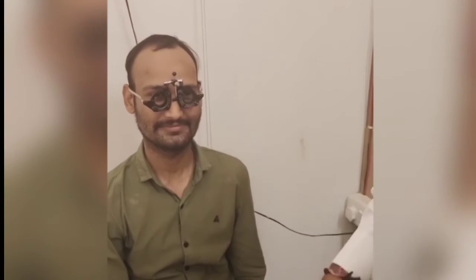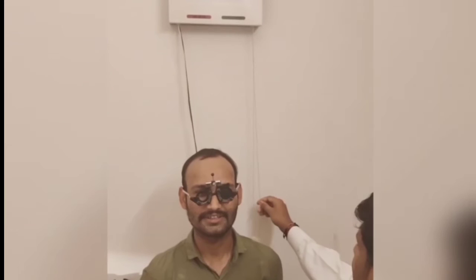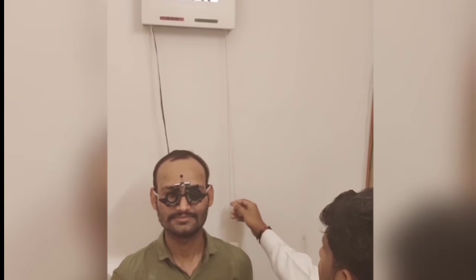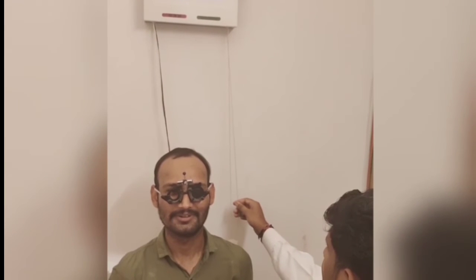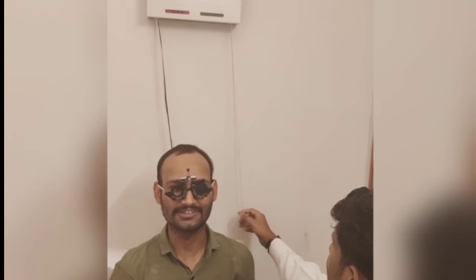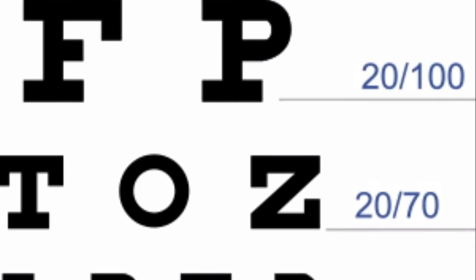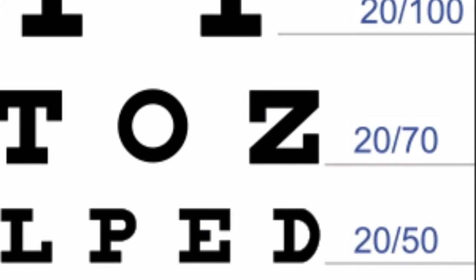possible. Attempting the next line may improve performance. A patient who cannot read the largest letter should be positioned closer to the chart. Note the intervening distance. Identify the smallest line of print where the patient can identify more than half the letters. Record the visual acuity. Visual acuity is expressed as two numbers. The first indicates the distance of the patient from the chart, and the second the distance at which a normal eye can read.